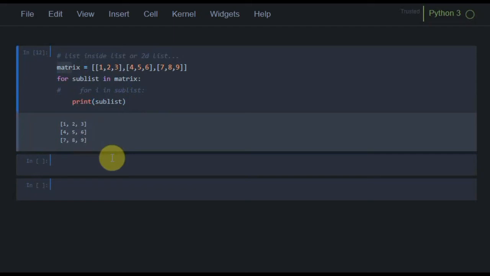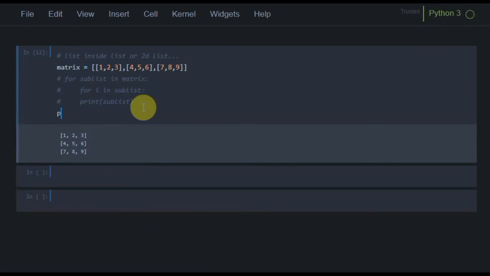What if I want to print just 5? How can I print 5 from the matrix? There is a way. We don't need a loop here. I can directly print matrix. There is the concept of indexing we are going to use.